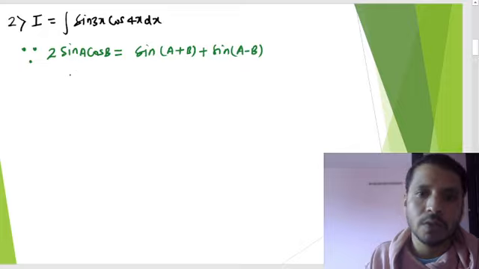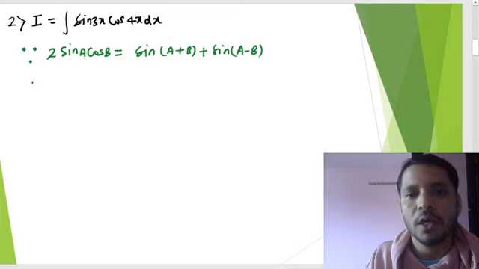So since we know this formula, I will now become, according to this formula,